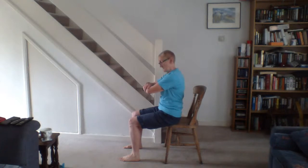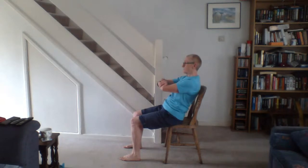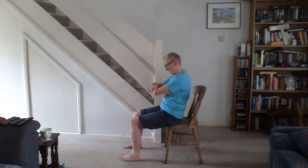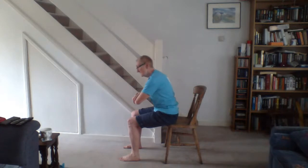And then we're just going to go back very slowly, controlling it with these muscles here. And touch the back if you can, and then come forward a little bit more. We're going to do 10 of those. So we're going to go 1, don't rest on the chair. And then 2, keep your back straight. 3, if you can't get back to the chair, just do what you can, keeping the technique good. 4,